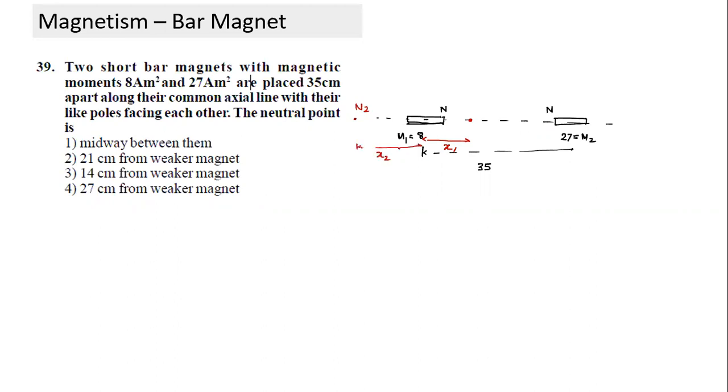Directions are already opposite because the orientation is opposite, so I will only equate magnitude. If I equate magnitude for the first case here, what should I write? Actually, it's very simple. I think you can easily solve that question. You can write the equation, but let me quickly write those terms.